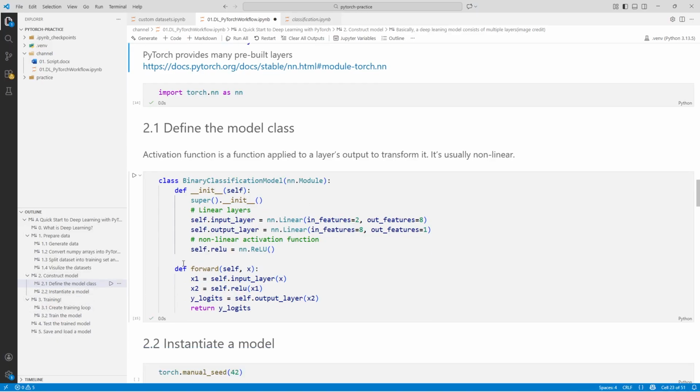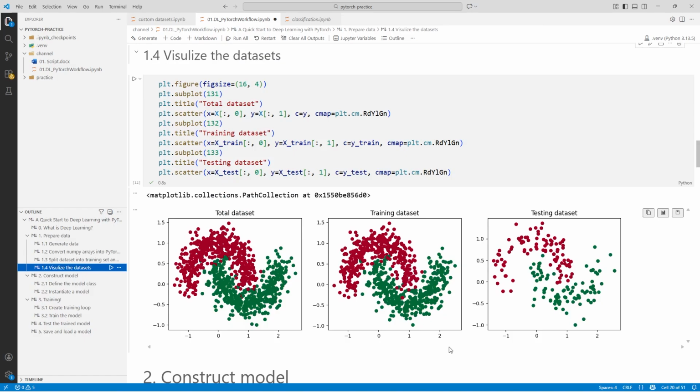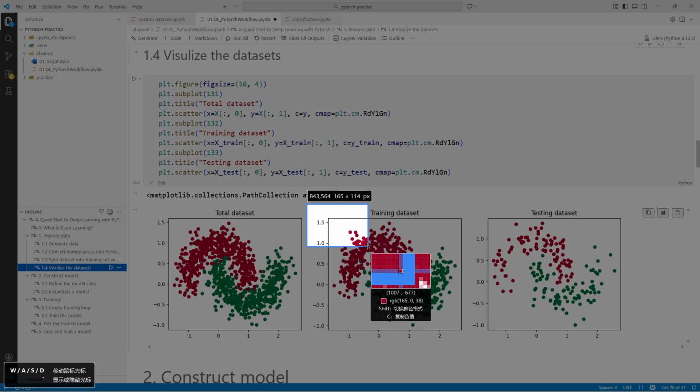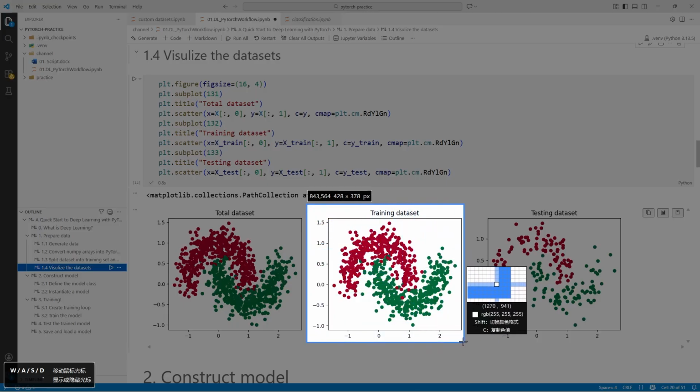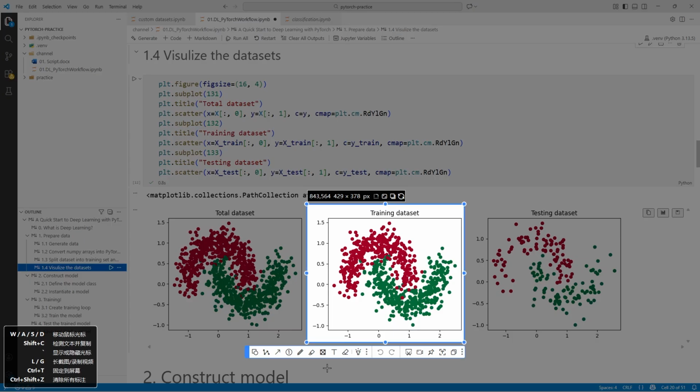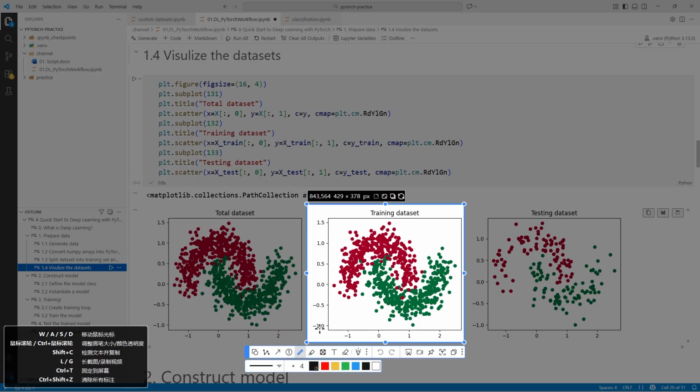But do you remember our task? If our model only uses linear layers, which means our whole model is totally linear, it can only learn linear features. So can we set a clear decision boundary just by using a straight line?